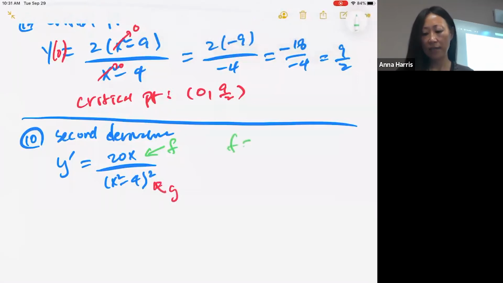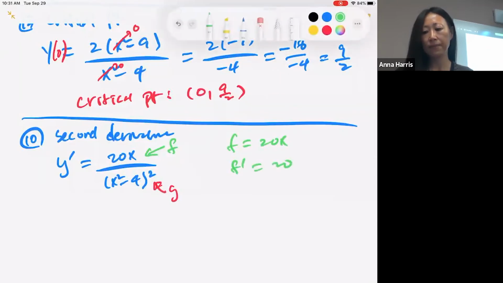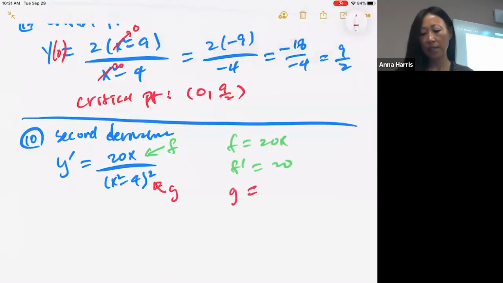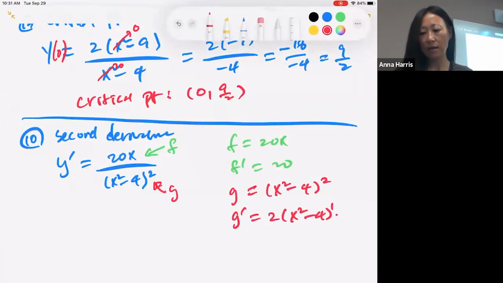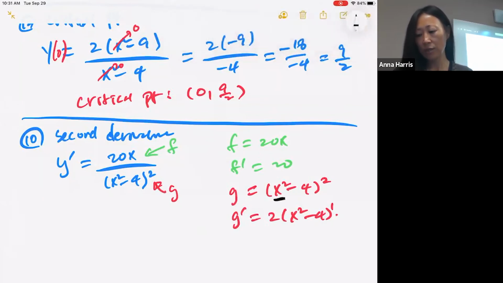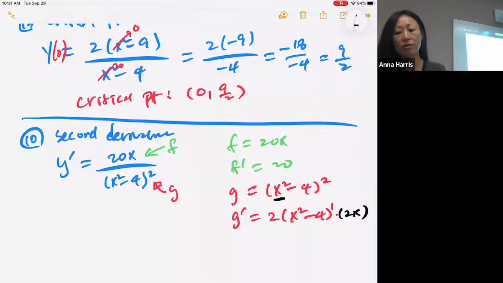So f is equal to 20x, so f prime is just 20. g is equal to (x squared minus 4) squared. So g prime will be equal to what? 2 times (x squared minus 4) to the first power, and then multiply by the derivative of this, which is 2x. I just use the chain rule in this case, because your parentheses are to the second power, which is more than 1 power, so you have to use the chain